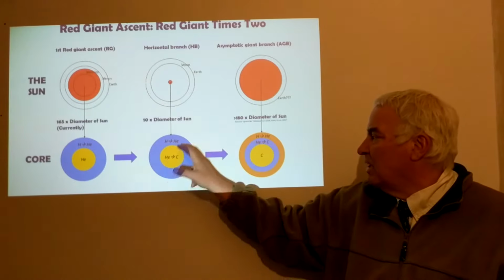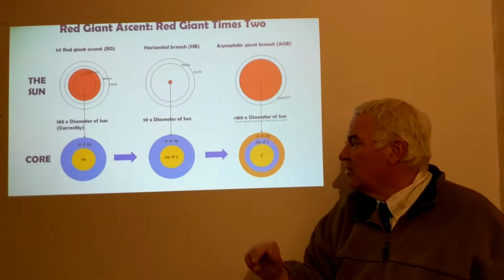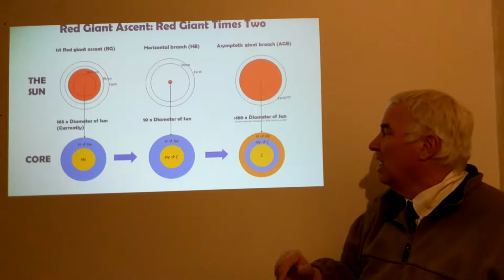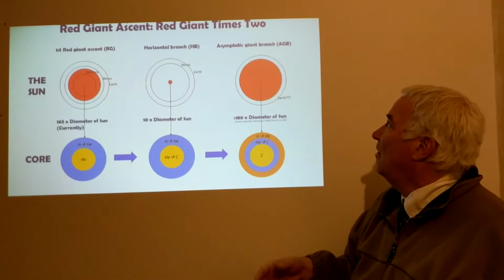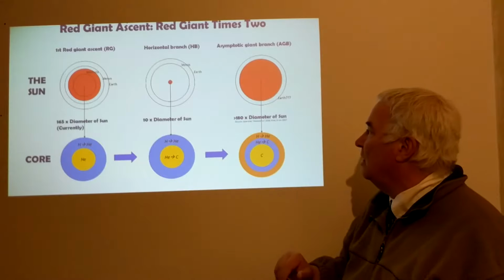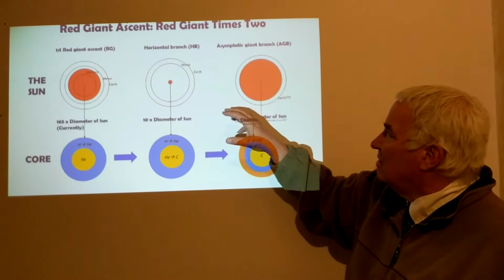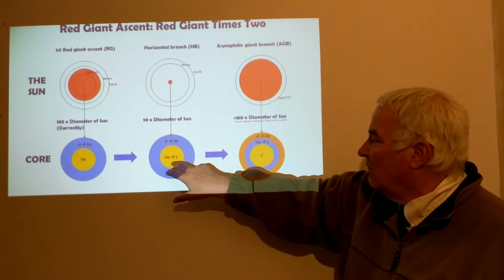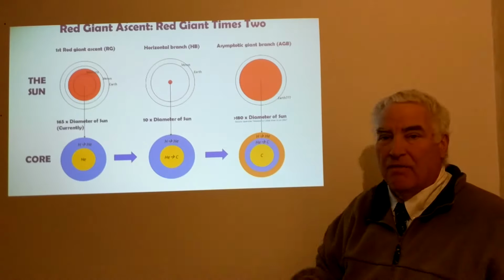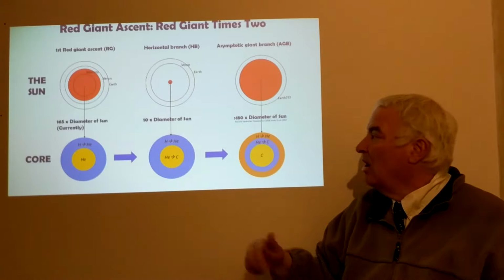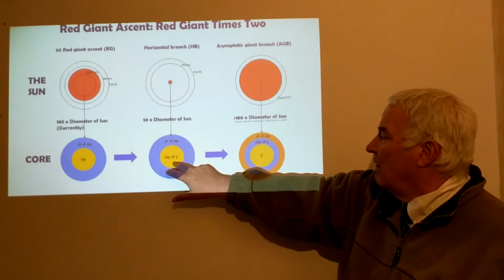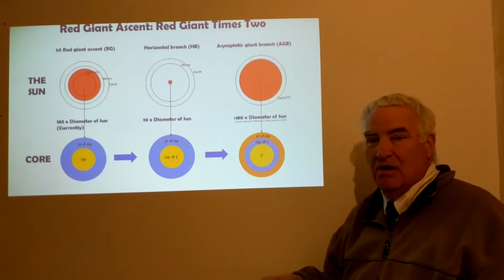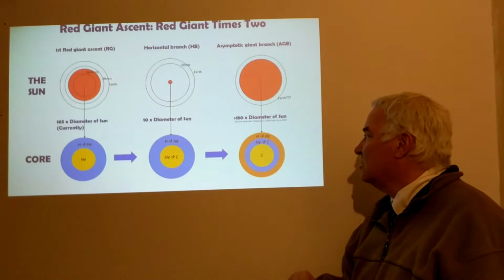Now after the helium gets all fused, then the star has to make another transition, and that is to the asymptotic giant branch star. And for obvious convenience, we usually call this AGB. And the AGB is the second red giant branch, and that is that once, like on the main sequence, you run out of hydrogen in the core, here on the horizontal branch, you run out of helium in the core. The star expands and comes way out, maybe even out to the Earth's orbit, certainly to past Venus's orbit.